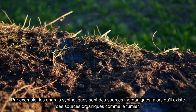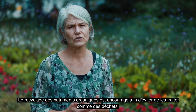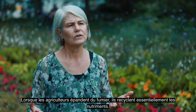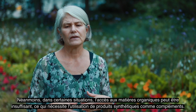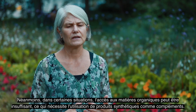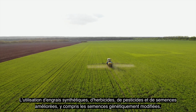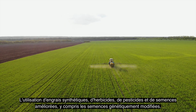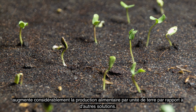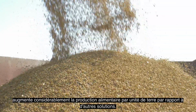If you don't have that, then you have to use an organic source like manure. So we do encourage, and there are lots of efforts, to recycle some of those organic nutrients and not treat them as waste. So when farmers apply manure, they're basically recycling nutrients. But there are a lot of situations where you don't have that source of organic materials, and in that case you have to supplement and use synthetic products. The use of synthetic fertilizer, herbicides and pesticides, improved seeds that have been bred through either genetically modified seeds or other types of approaches,